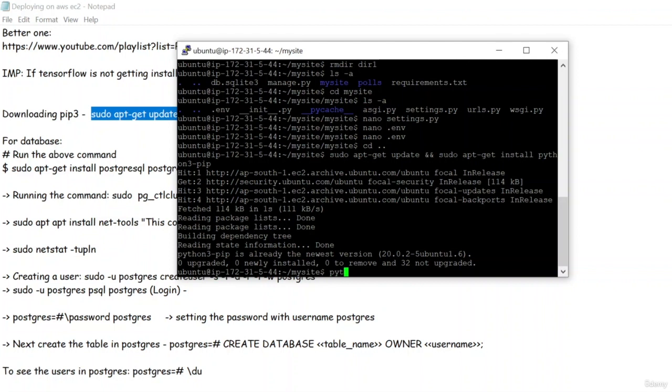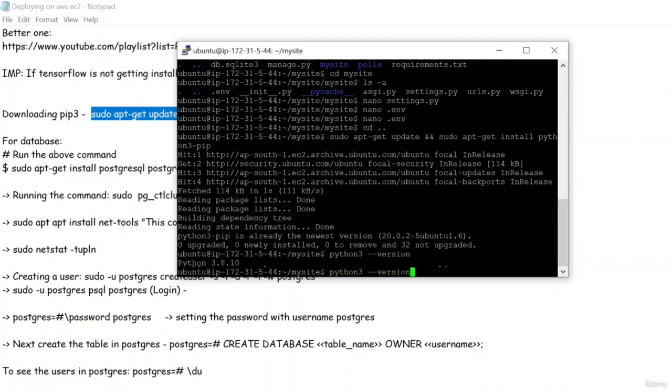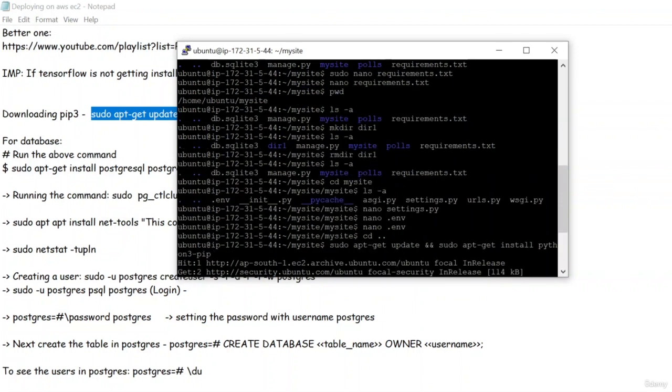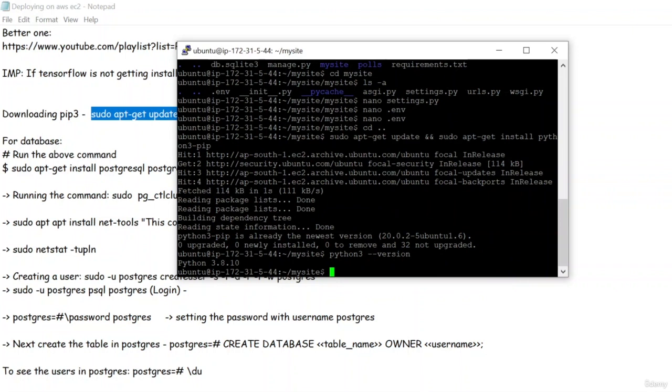Another thing is python3 --version, right? You don't even have to install Python because Python has already been installed on your Ubuntu instance. The version is 3.8.10, and that is why with just this one command, sudo apt-get update and install python3-pip, we were able to install, because Python was already installed on this instance. Okay, so once your requirements.txt file has all the packages and all the packages are installed,